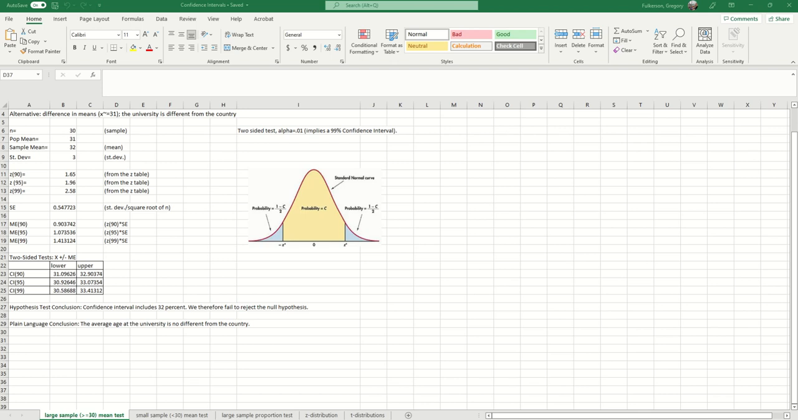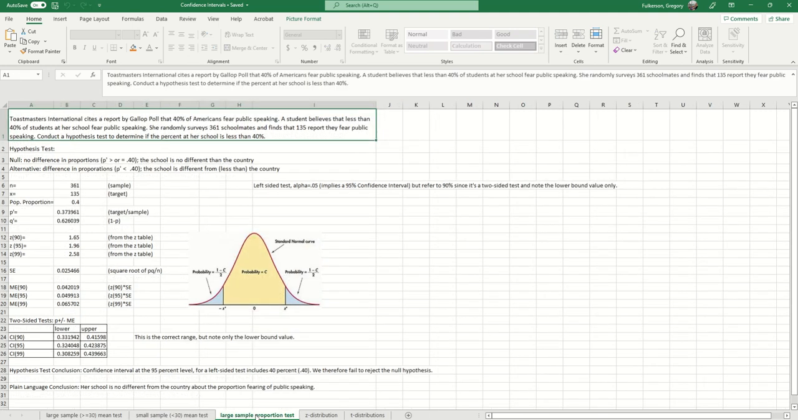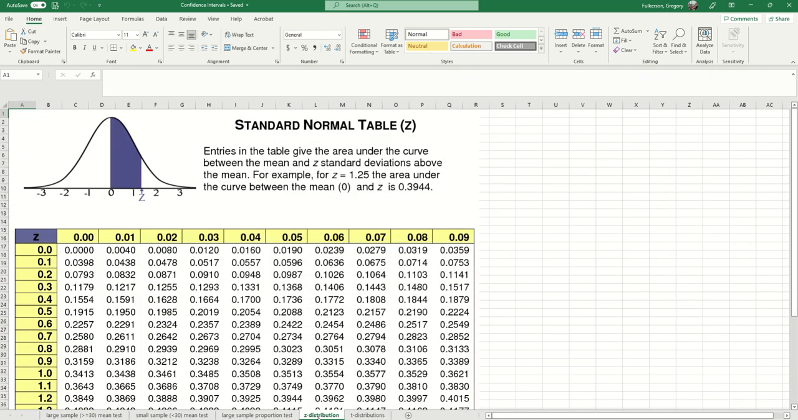Hi there. This is going to be a quick little tutorial on our confidence intervals Excel calculator. You can see down at the bottom here we've got several tabs. The first one is large sample mean test. Next to that is a small sample mean test, large sample proportion test, and then two relevant distributions, the z